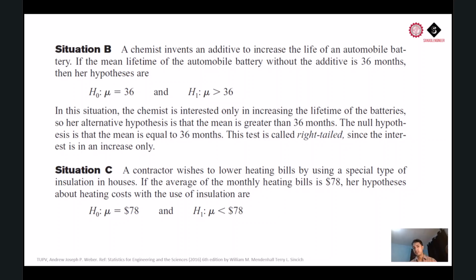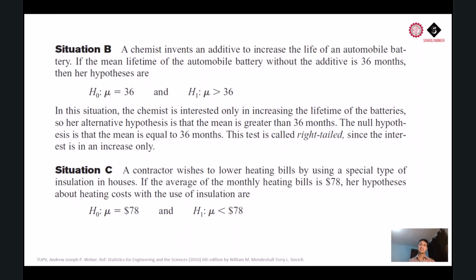If the mean life of the automobile battery without the additive is 36 months, then her hypotheses are the following. H naught: the mean is equal to 36, and H1: the mean of the battery will be greater than 36. In this situation, the chemist is interested only in increasing the lifetime of the batteries. Of course, why would you do research in this regard if you're not interested in increasing the lifetime of the